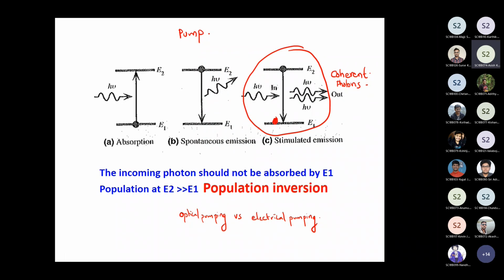Sir, this photon used to de-excite the other electron, is it produced by an electrical source or an optical source, or could it be both? In the stimulated emission, the photon used to de-excite the electron, is it produced by an optical source or by an electrical source or both? So you are asking me which photon causes this electron to come down? Yes, sir. Okay. So how does an electrical oscillator work?